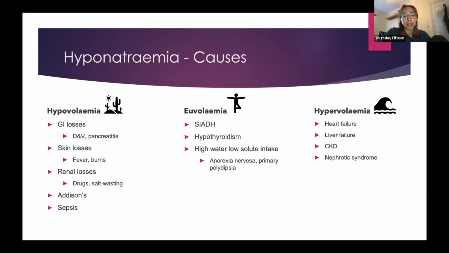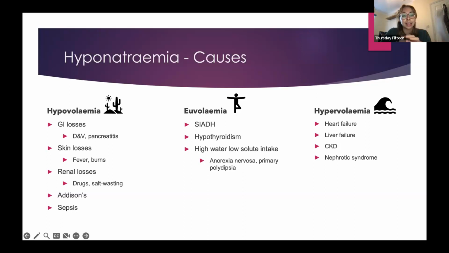And so bear with me here and just ask if you need me to stop or re-explain anything, just put it in the chat. So generally your sodium level in your body is determined by your total body water level. So your sodium is affected by things that affect your total body water, as well as things that affect your sodium level itself. So total body water is affected by thirst or IV fluids that we're giving a patient, or it's affected by your ADH system, i.e. your antidiuretic hormone system, which affects how much water we resorb in the kidney. And your sodium itself is affected by your renin-angiotensin system, or aldosterone, or diuretics, or your intake of salt.